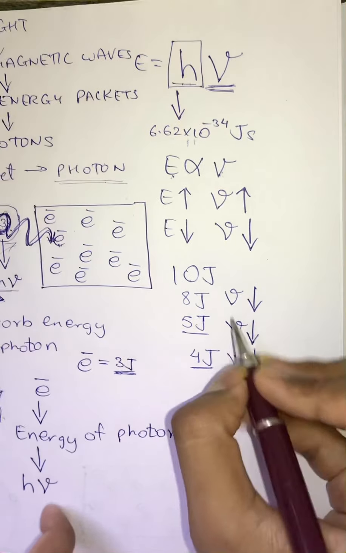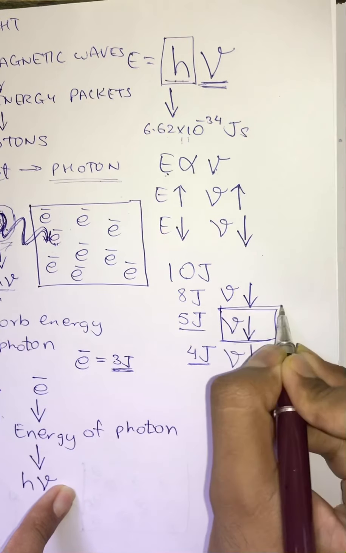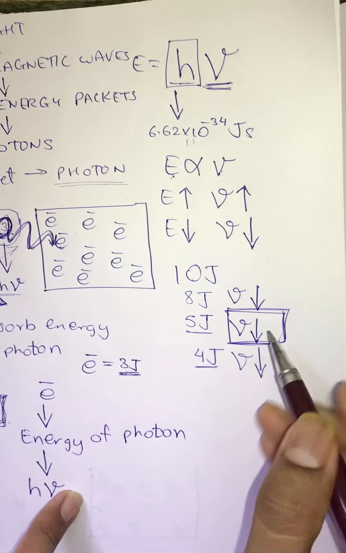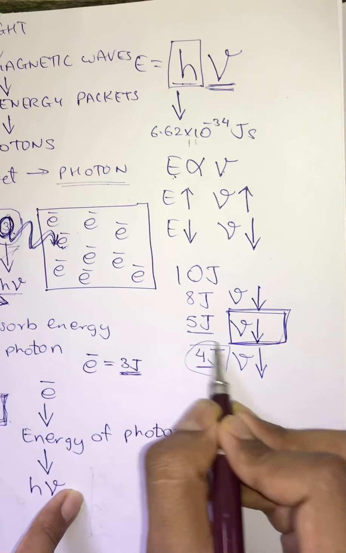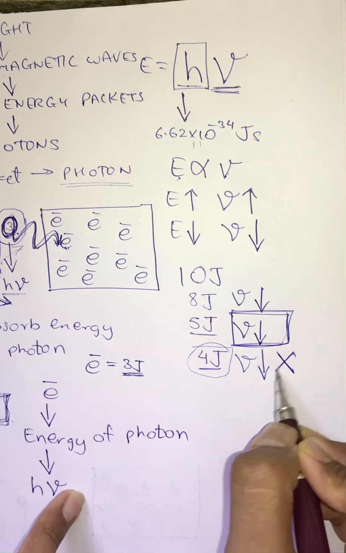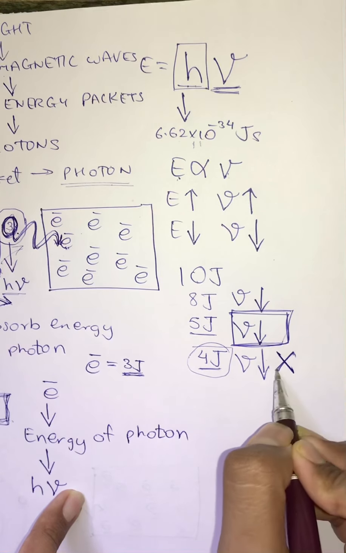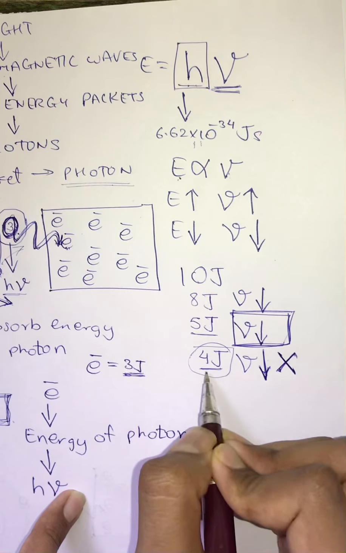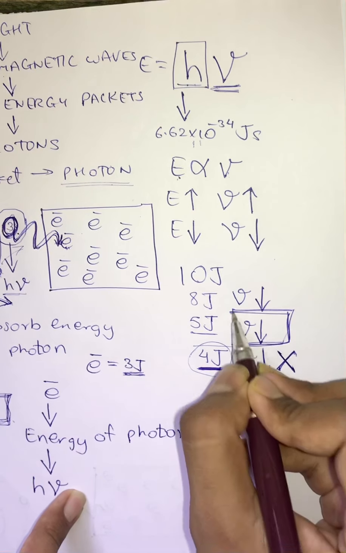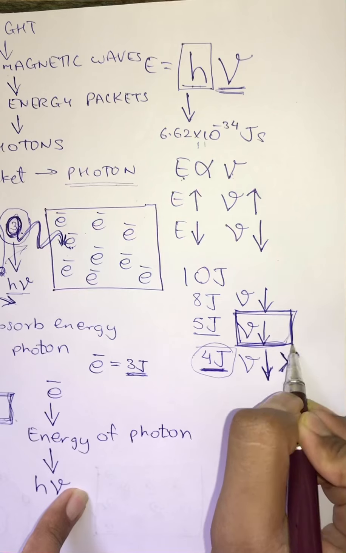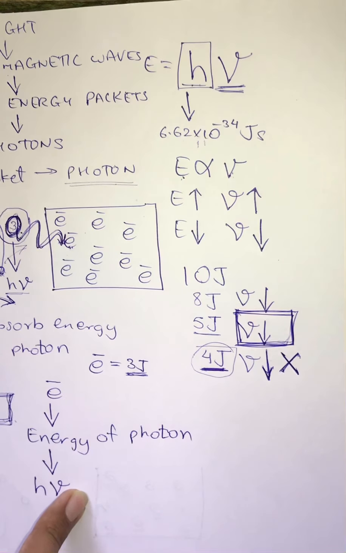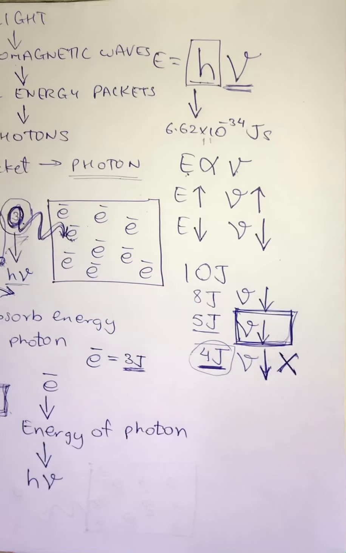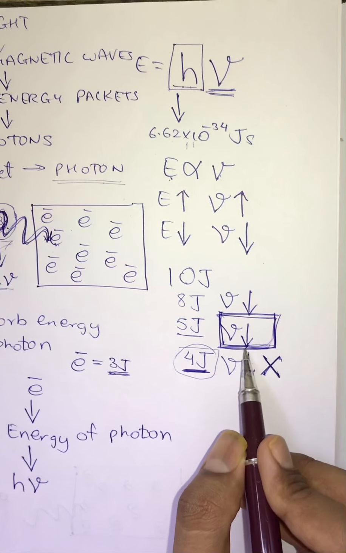So this is that frequency below which, if you decrease the frequency, there will be no emission of electrons, that is there will be no ejection of electrons from the metal plate, because since you have decreased the frequency, the energy has also decreased. So this is the minimum frequency required for your electron to come out, which means it requires at least this amount of frequency.